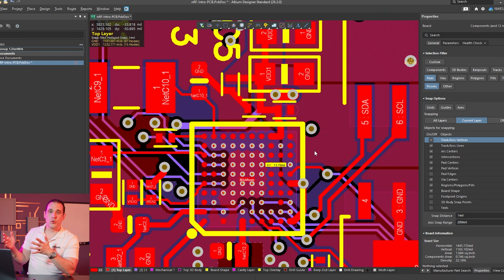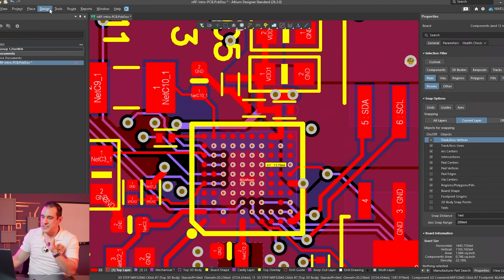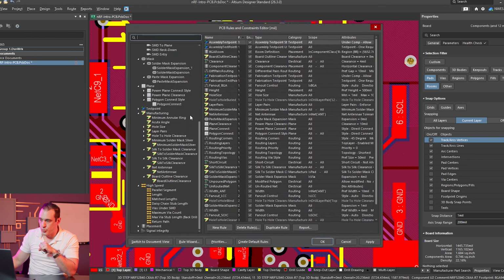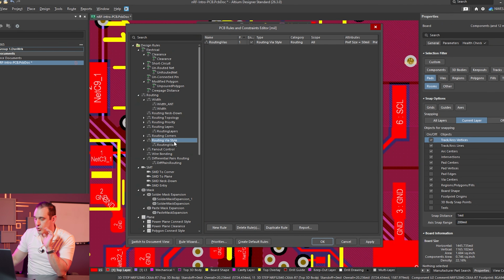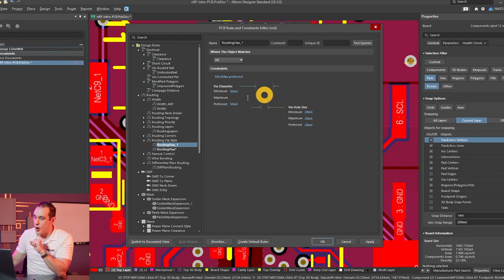Now, what design rules would we want to define specifically in this BGA region versus other parts of the PCB layout? Well, let's take a quick look at the Design Rules and Constraints editor and we can get a good idea. Now, I think one of the most important rules that you want to define just in the BGA regions is the routing via style rule. So here, if I want to create a new rule that only applies to that room, we would just right-click, hit New Rule,